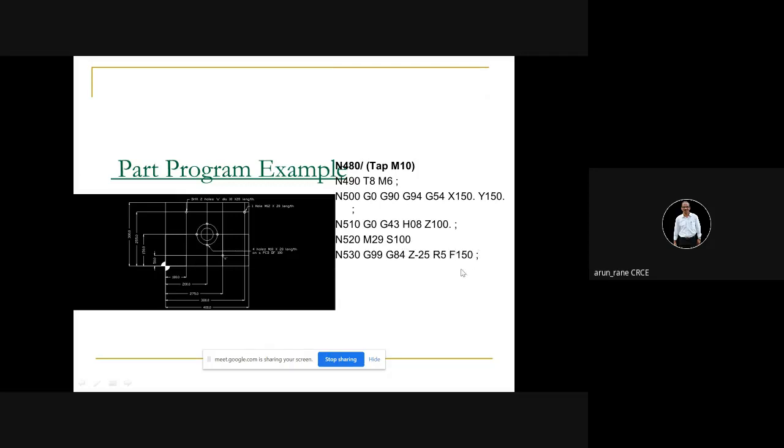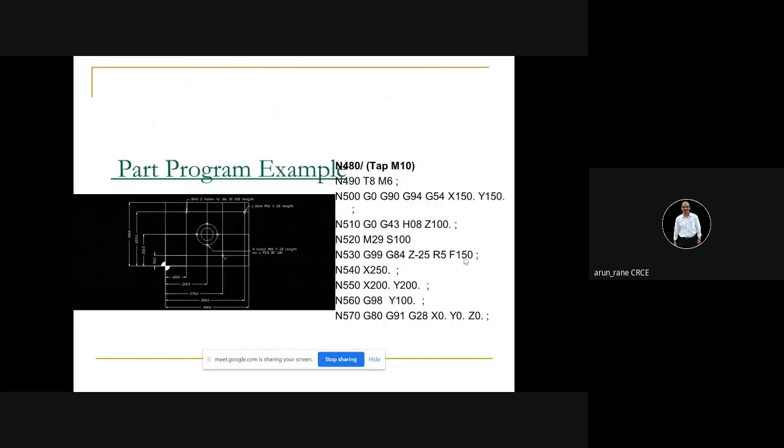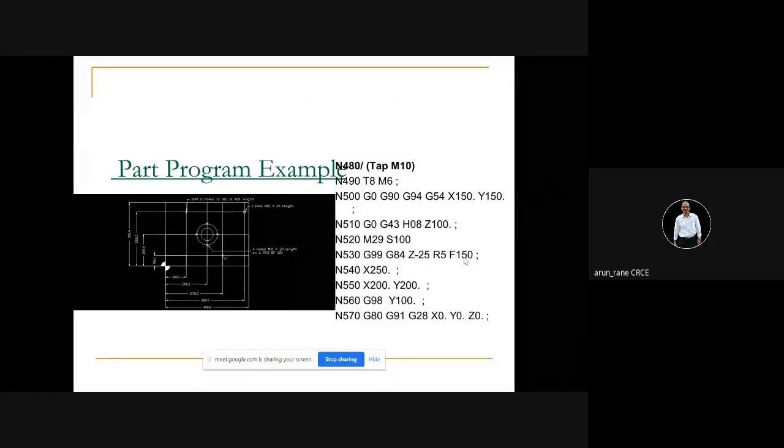So the feed rate will be 150. This will be assessed. It is not arbitrary, it is not random. And then remaining 3 points. And then afterwards, you are cancelling the tapping cycle. That is nothing but G80.